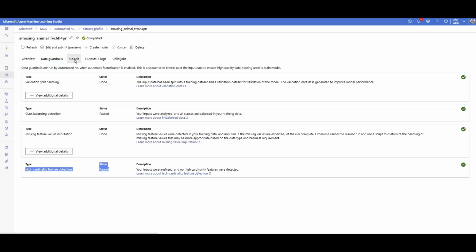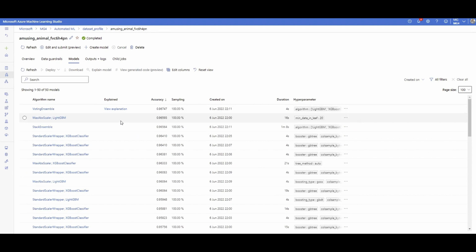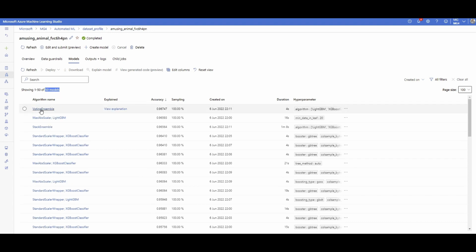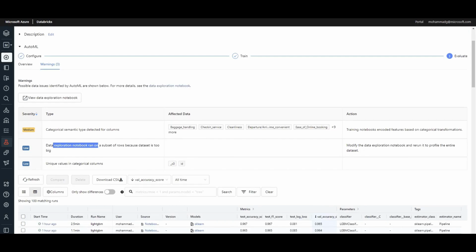The third tab is the models. Let's see how many models Azure ML AutoML created for me. The base size is 100. You can see that I have a maximum of 15 models, and this is the best model for me, the first one, which is a voting ensemble. Coming back to Databricks,